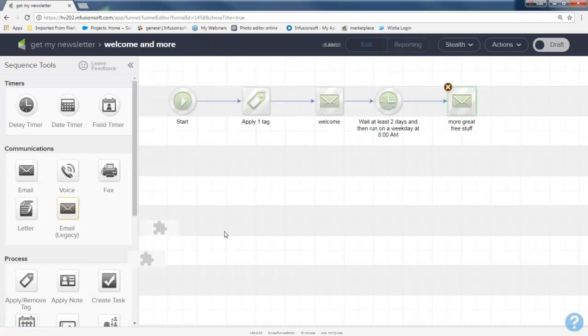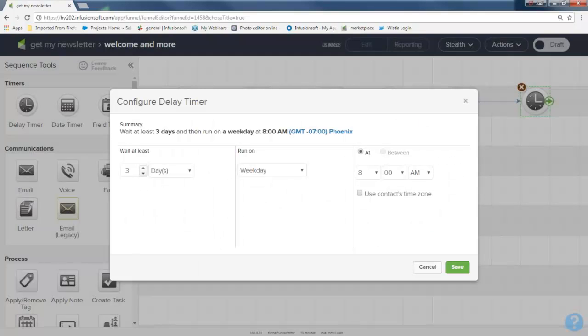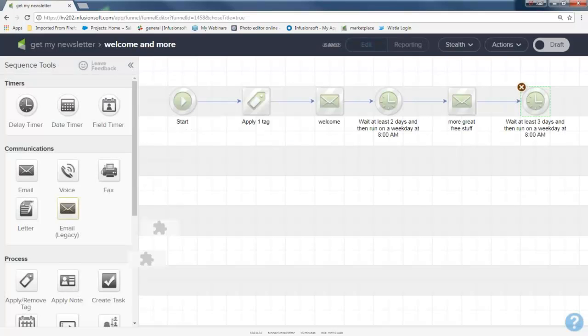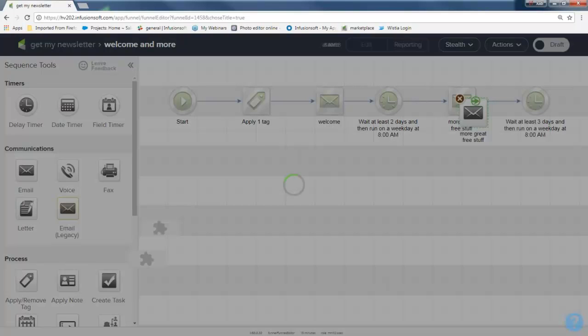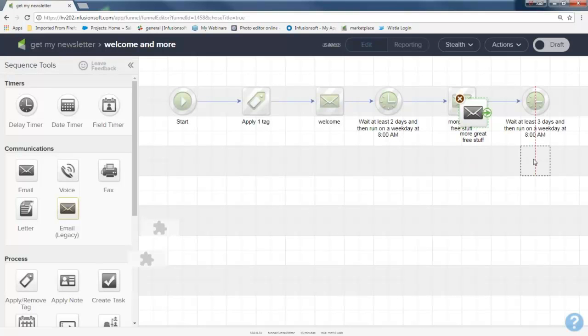Come back to Welcome and More, and now the email is green in color. I want to send them another email, so I'm going to grab my delay timer, double click it, and this time I think I'll wait 3 days is good. That sounds great. Hit save, and I'm going to grab another email. I can either grab it from my communications or just make a copy. And I like to start moving my emails from right to left now, so I'm just going to connect them,